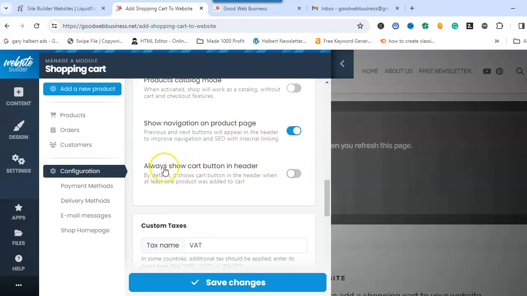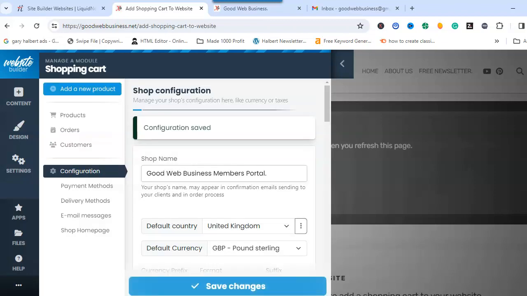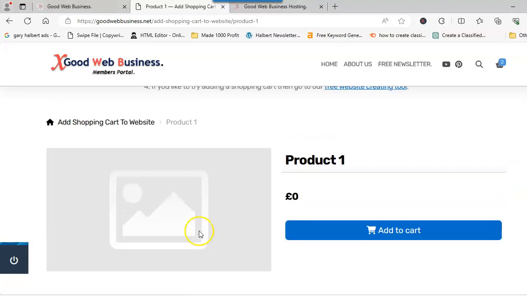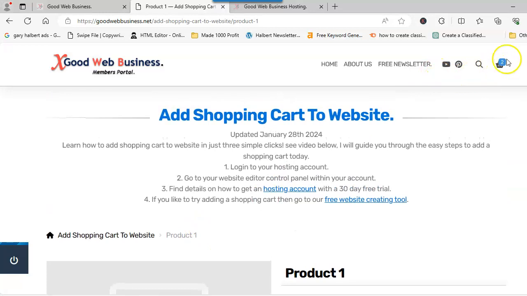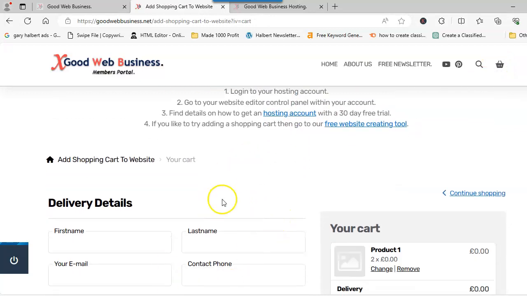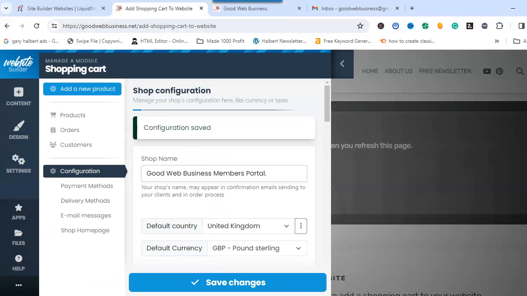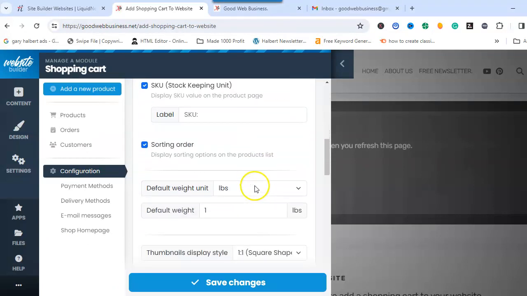Your next one is always show cart button in header. If I click that on and then save changes, and we go over, as you can see just here, it's added 2 to the basket. If I click on that, then you'll see this part, which I'll show you next. So if we go back, scroll back down,